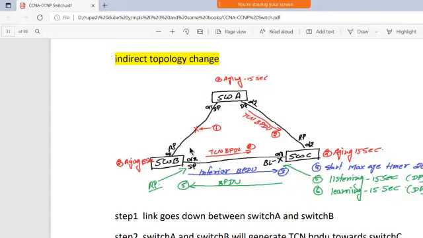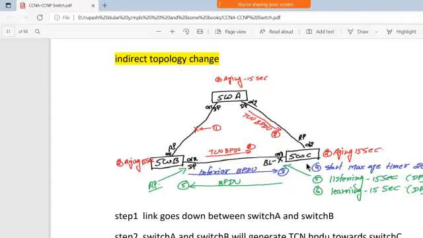But the previous root bridge was switch A, which was sending the superior BPDU. Switch C knows that it is getting the superior BPDU from switch A and the inferior BPDU from switch B, right?